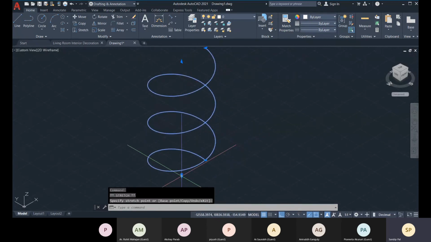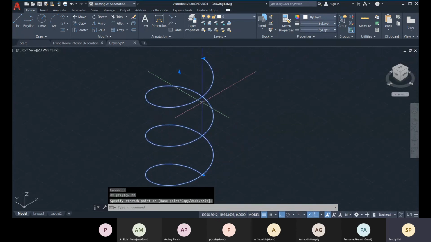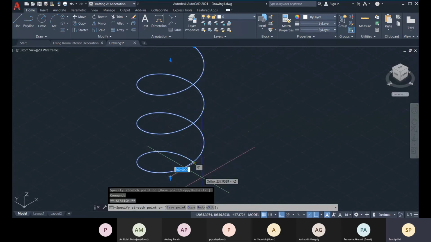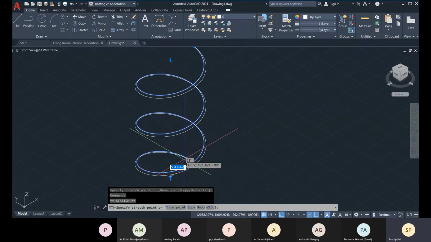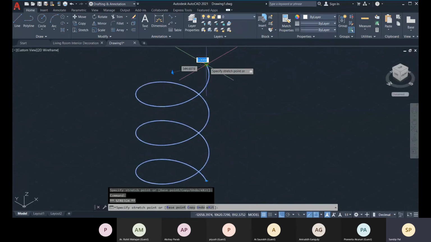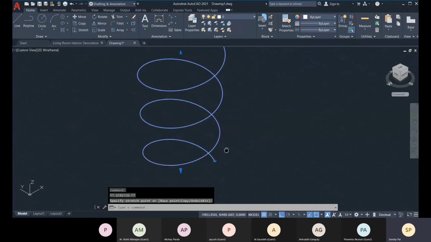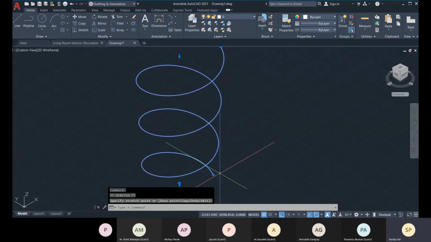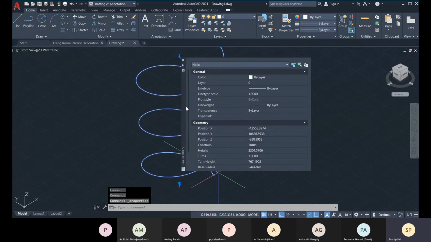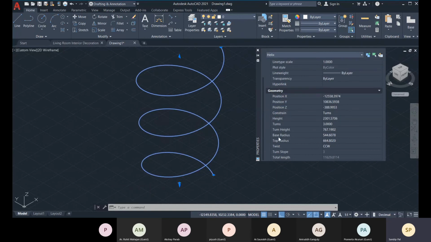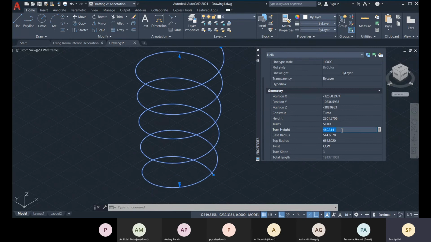None of these grips have the turns option, so you can only increase or decrease the base radius, top radius, and the height. If you want to change the turns, you can simply press Ctrl 1 for the properties palette, and then you can change the turns here. Let's change it to 5.